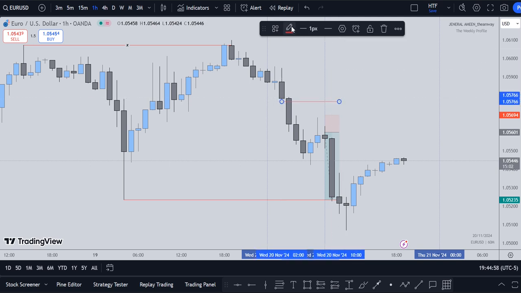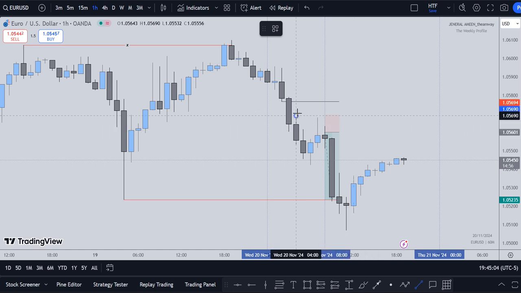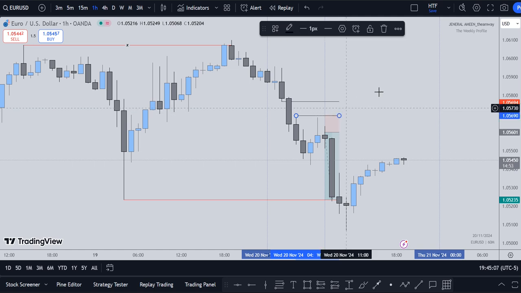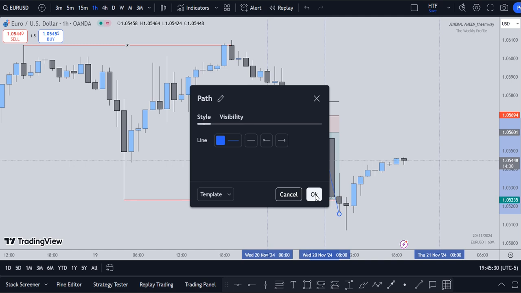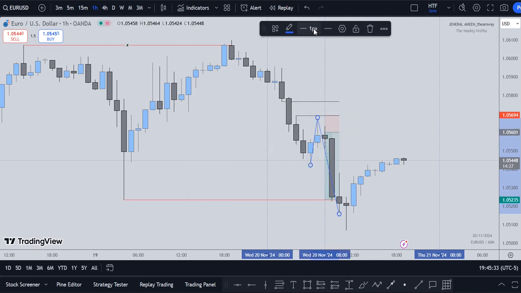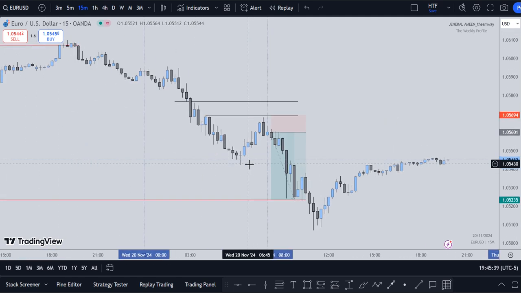This was my expectation for New York trade opportunities, right? So I expected price to perhaps trade back in here and then continue all the way to target, which was the low of the previous day, right? But unfortunately, that didn't happen because the 15 minutes structure was kind of busy,